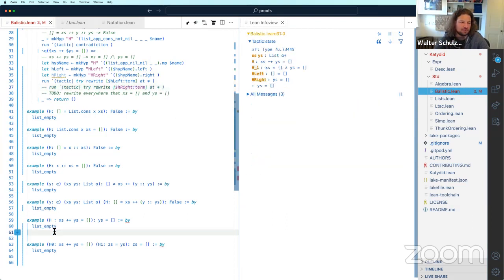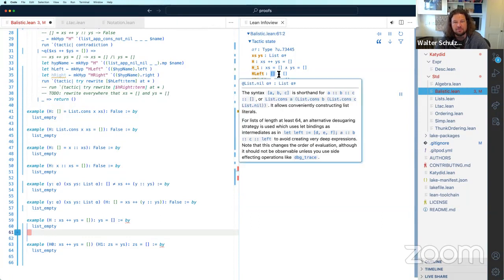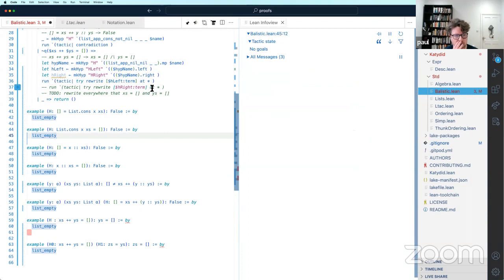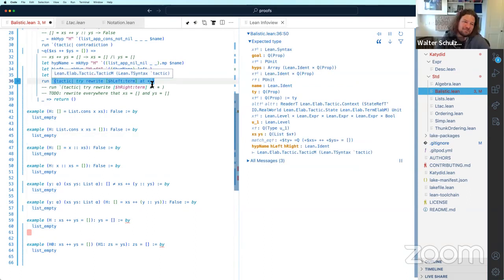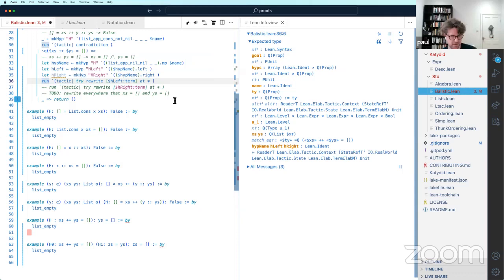I just want to see what happens. It's the at star, I guess, includes the current hypothesis, which is never what you want, right? It's sometimes what you want, I suppose, but you also lose the thing.